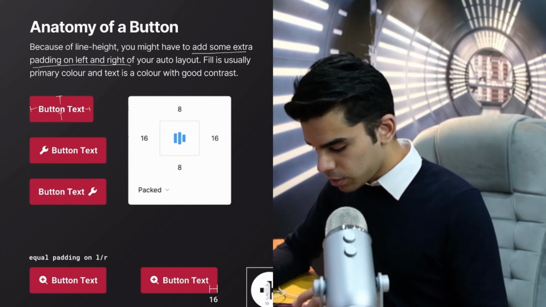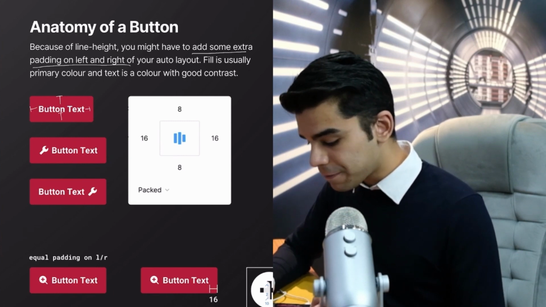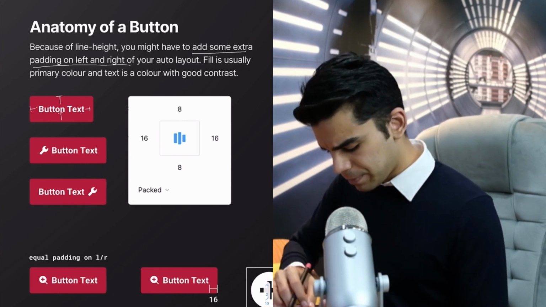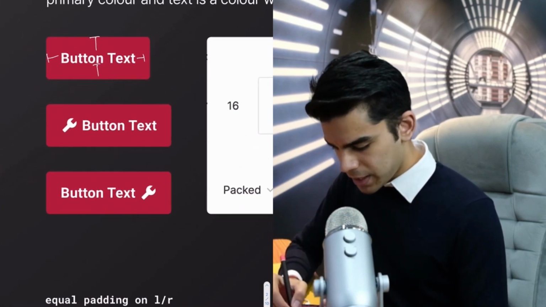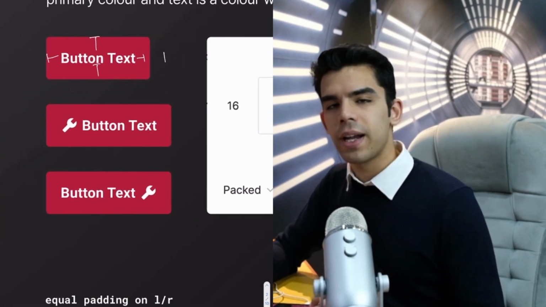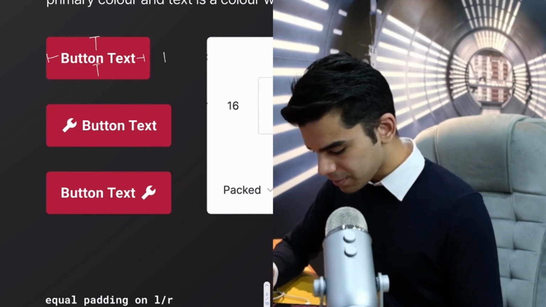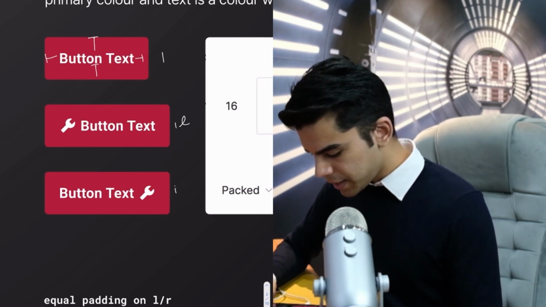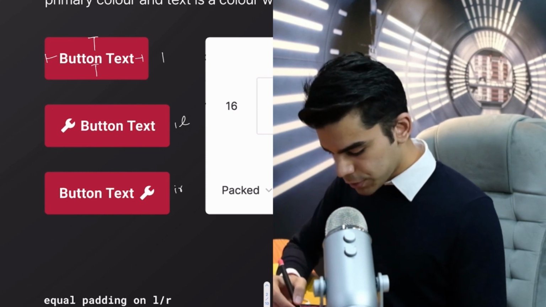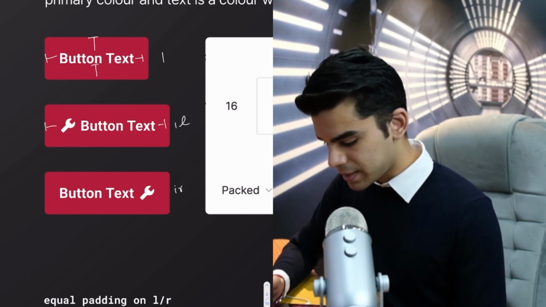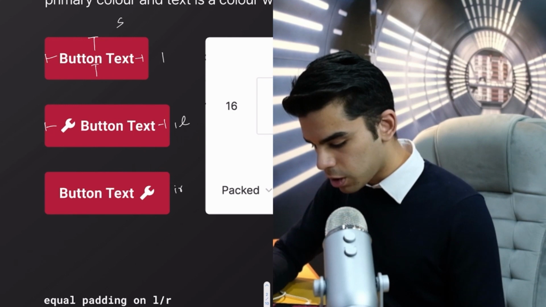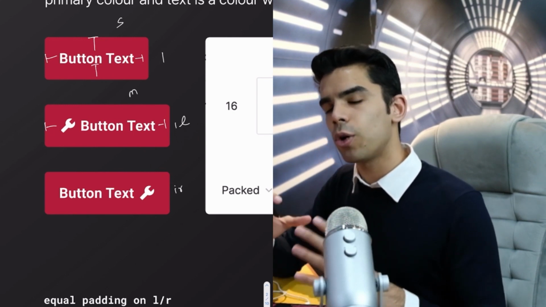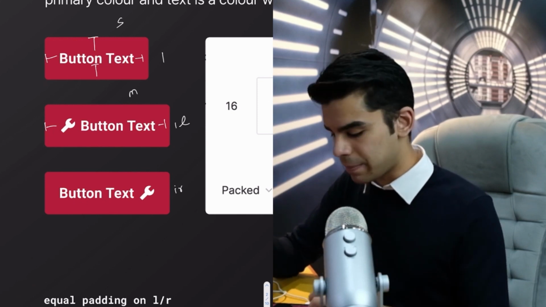So I've opened the auto layout container here, and you'd realize that I have 8 pixels on top and bottom, but 16 pixels on left and right. The same happens with my icon as well. So this is one variation where I just have my label text. This is a variation where there's an icon on the left side, and in this variation, I have an icon on the right side. So in all cases, the padding remains the same. I don't see that this is a small button and this is a medium button. I see that it doesn't matter what you have inside the auto layout, the padding remains the same.